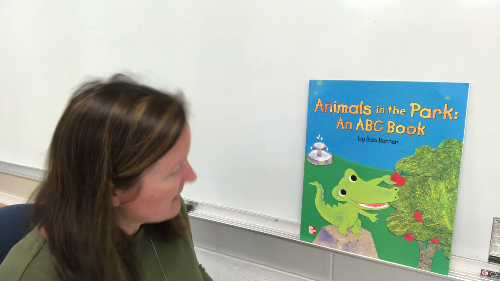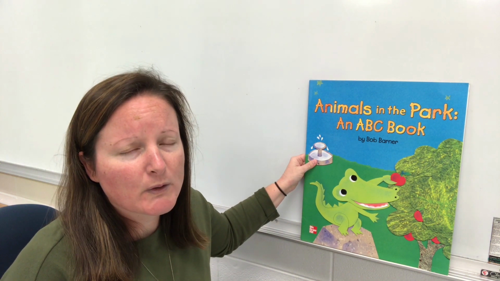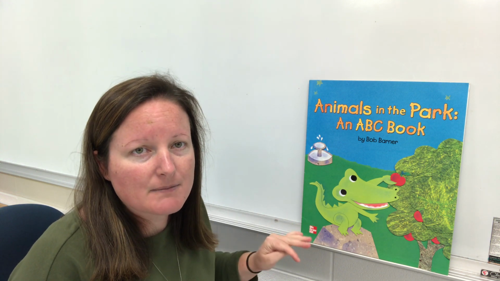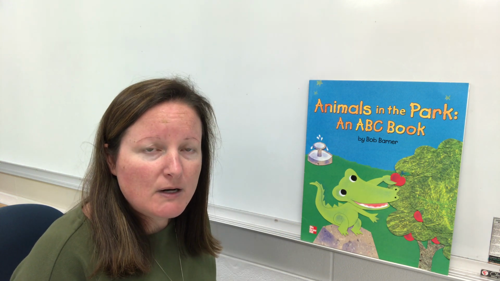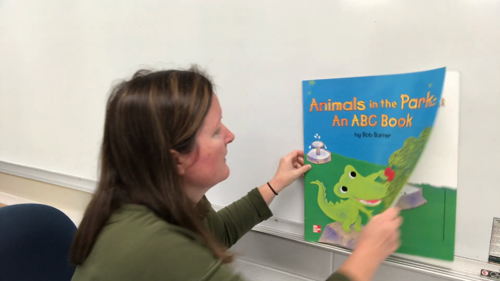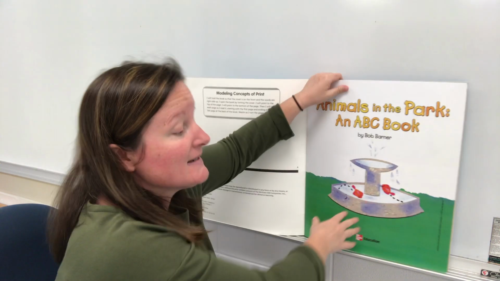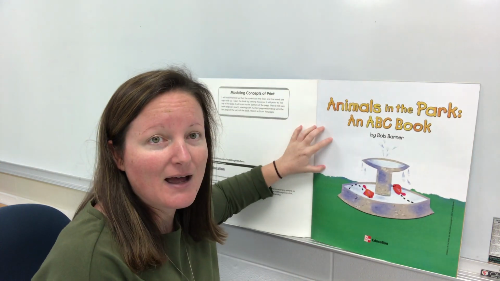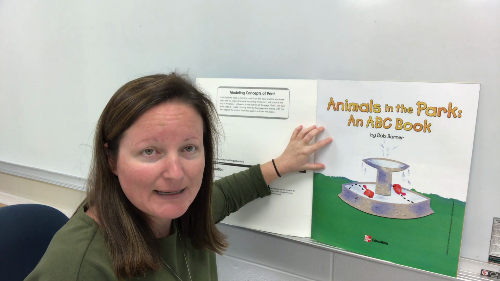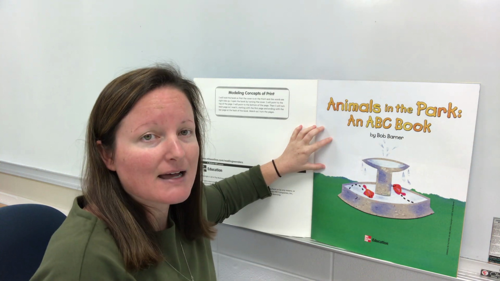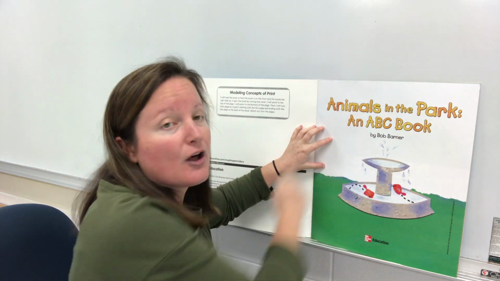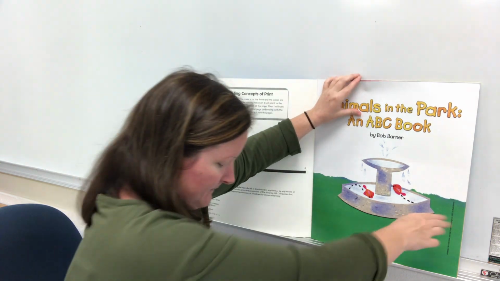All right, good job. So remember that when we read a book, we want to make sure it's right side up. We would not want the book to be upside down where the pictures were upside down and where the words were upside down. All right. This is an important page. Does anyone remember what it is? Did you say title page? This is the title page. It tells us the title one more time, and it gives us the author and illustrator's name.